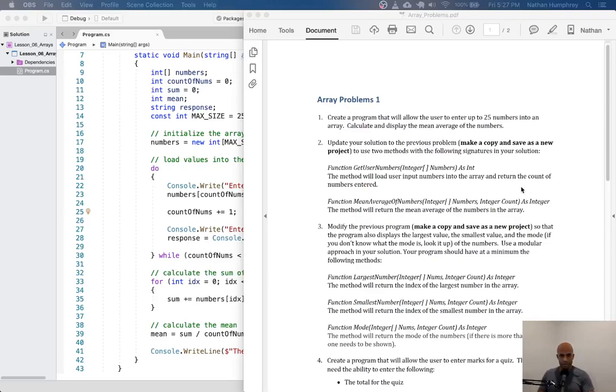All right, hello everyone. In this supplemental video, I'm just going to carry on the work that was begun in the lesson video for working with arrays in C Sharp. And so we have the existing solution for question number 1 in the array problems, 1 worksheet. And in this video, we're just going to walk through an implementation for the problem 2 question here, where we're